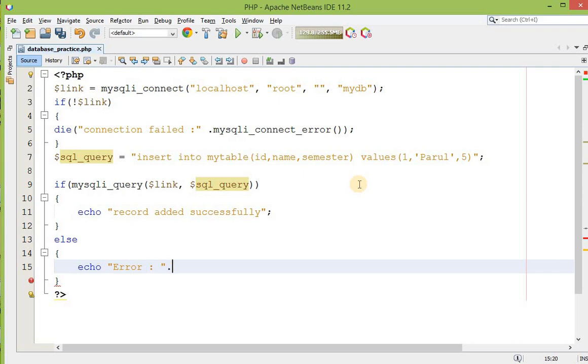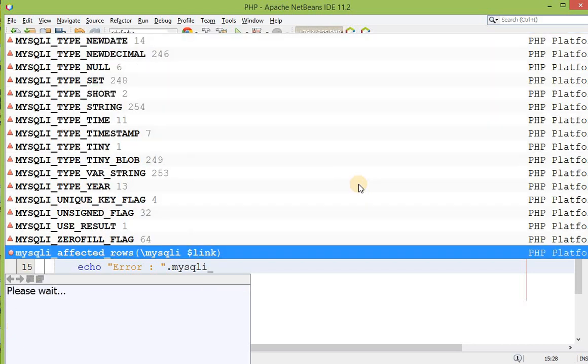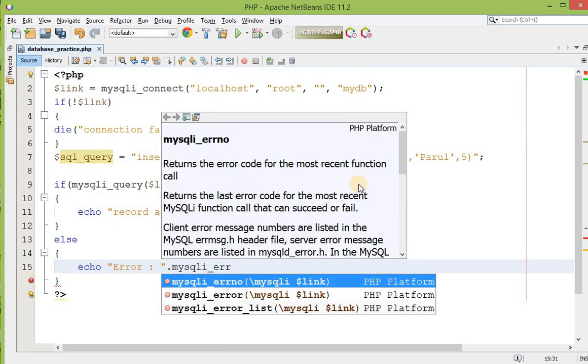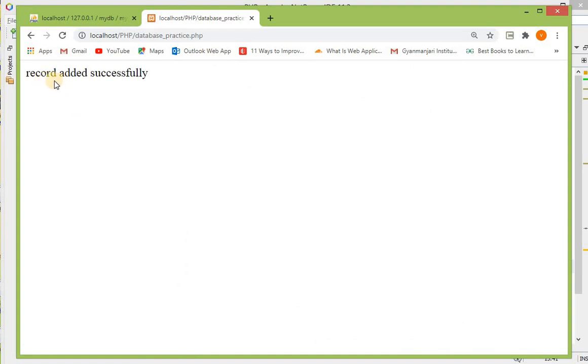And what kind of error? For that purpose you have to use mysqli_error, this one. Save this and execute this code. You can see that over here, this is my database, practical.php, record added successfully.